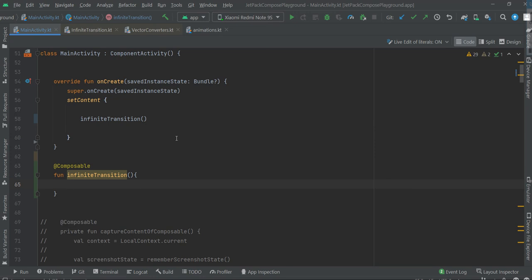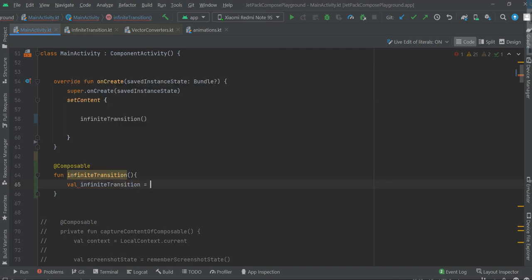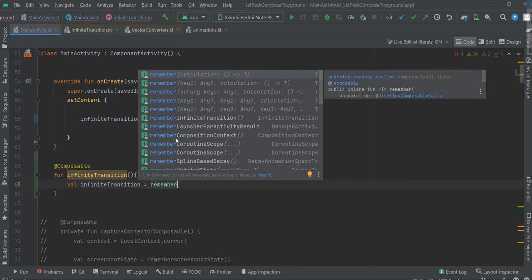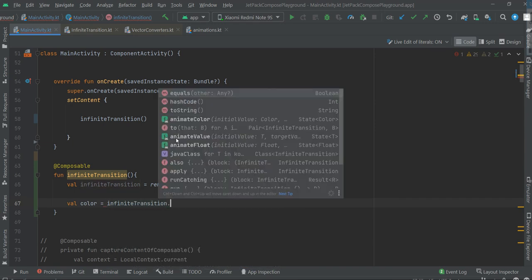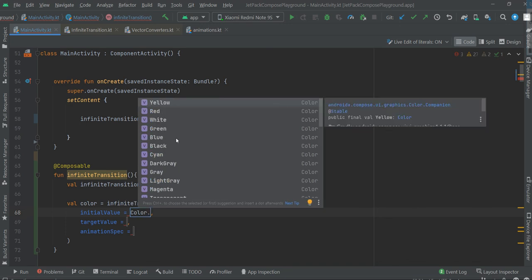Then we are gonna create infinite transition object. Remember, infinite transition color transition animate color, initial color red, for example,